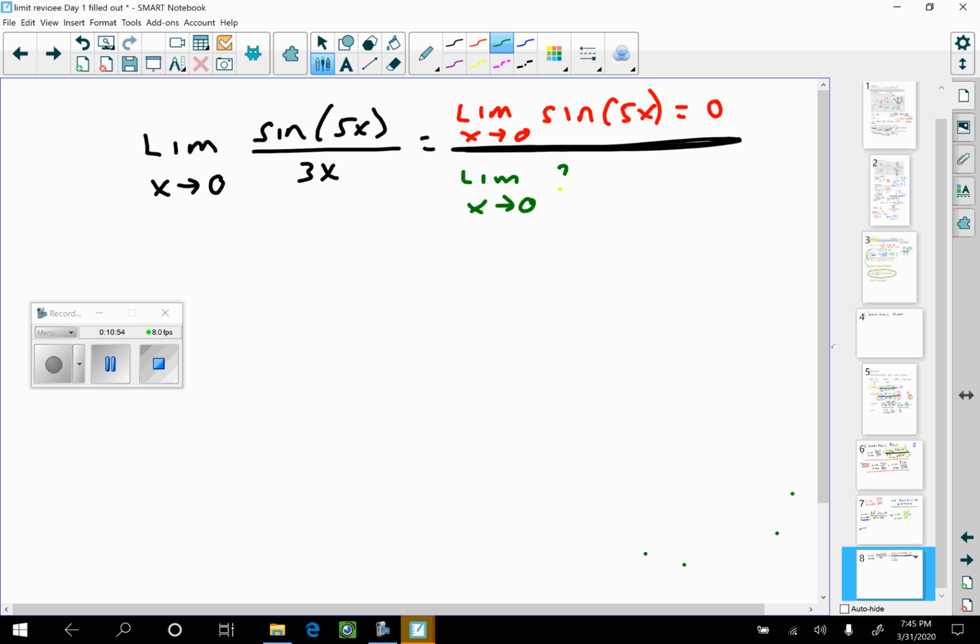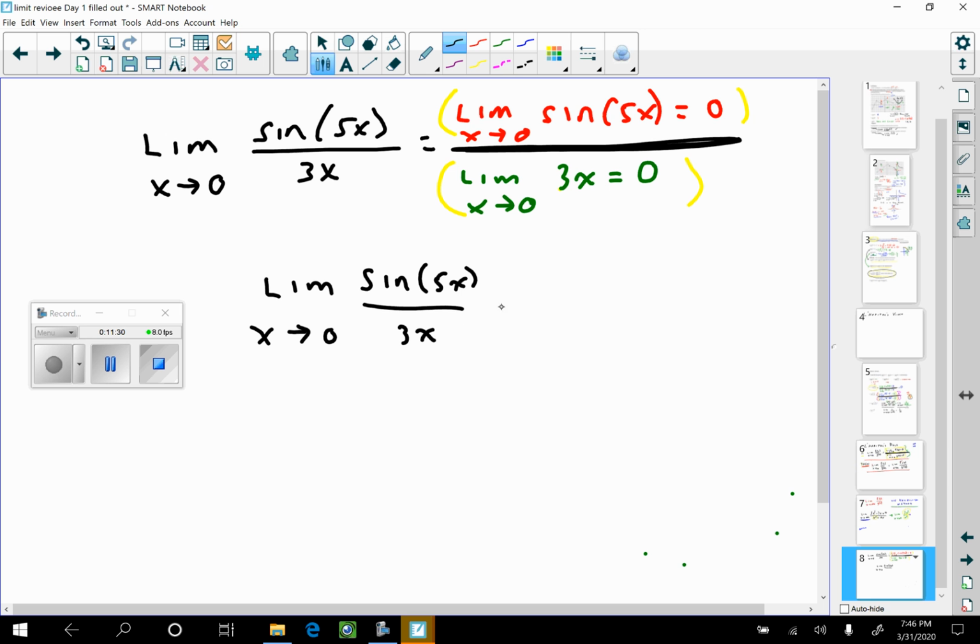And all I'm doing is using that quotient property. When x goes to 0, where does 3x go? 0. So now, since I have the limit of the numerator going to 0, and the limit of the denominator going to 0, and since I have them written as two separate entities, I can go here. I can take this guy, the limit as x goes to 0 of sine of 5x,